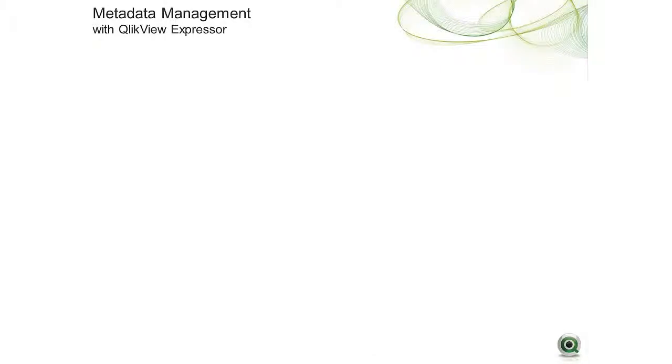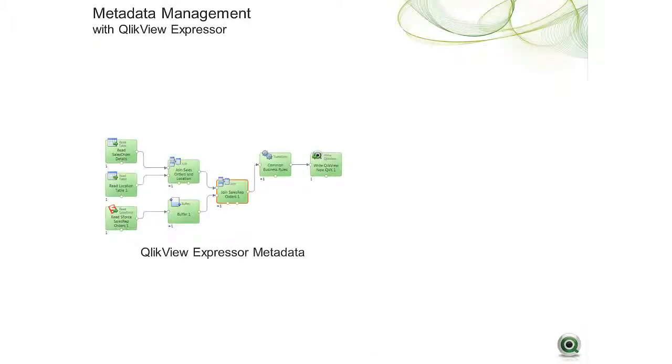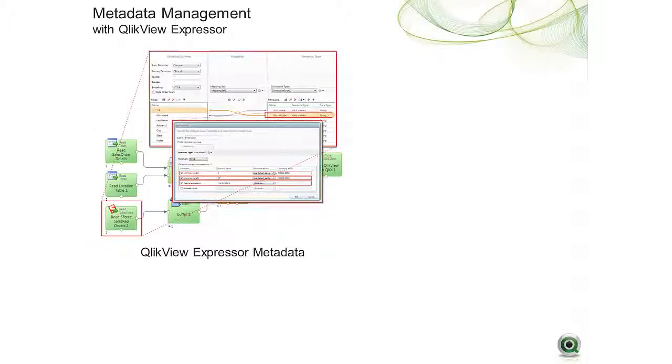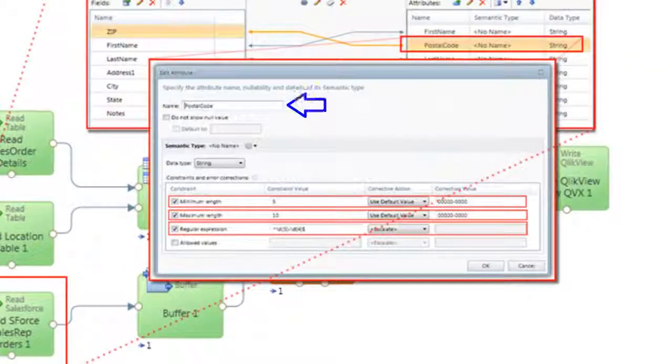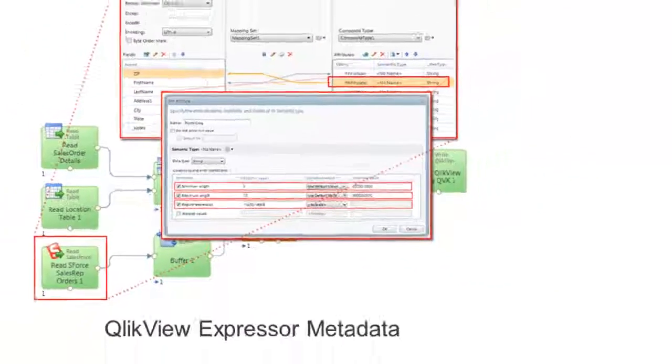Now, let's cover some metadata artifacts, attributes, and properties that are defined on data provision for QlikView applications when using QlikView Expressor. I like to call these analytical model components, such as data source inputs, input schemas defined on input data that describe its layout and may contain column names that use user-friendly business terms, data types that accurately represent numerical, date, text, and binary data, validation rules to constrain, validate, or correct data,